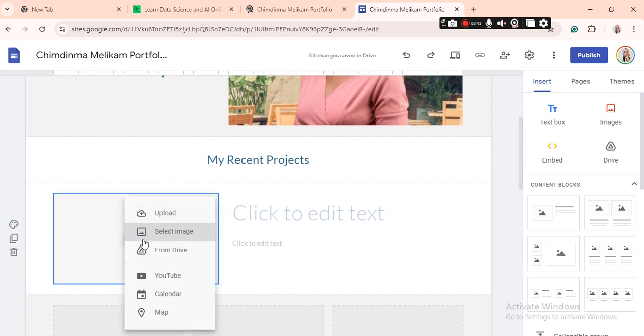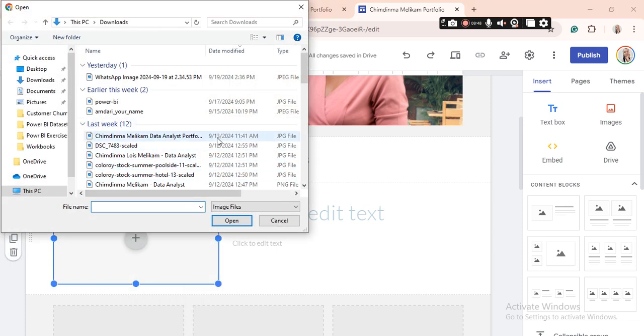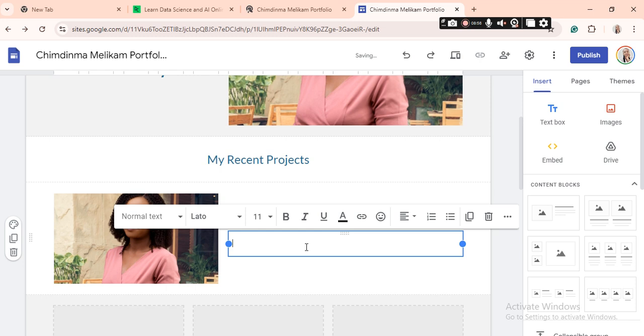So here I'll still use a picture, upload a picture. Okay, and then here I say about me, I'm a dedicated data analyst, blah blah blah. Just sell yourself on this about section. Okay,